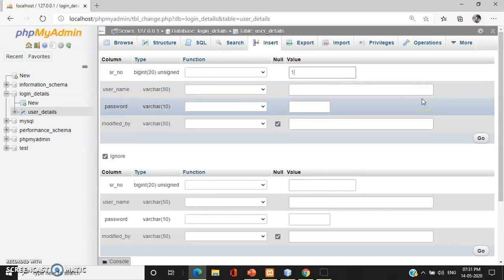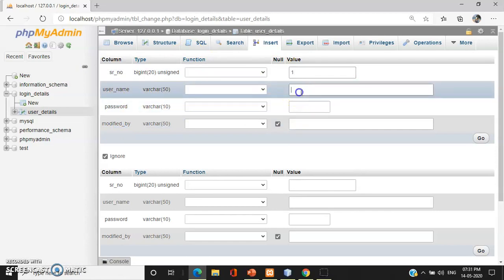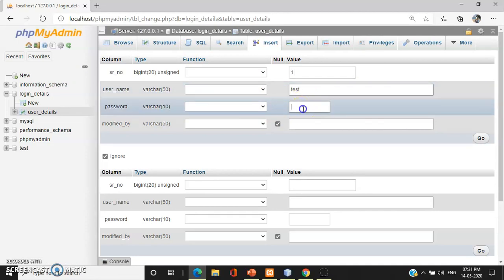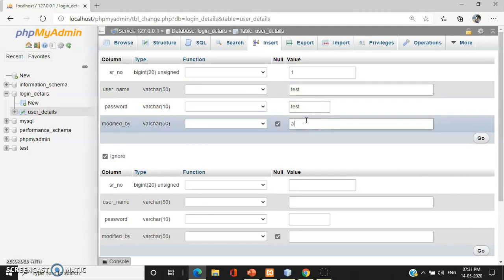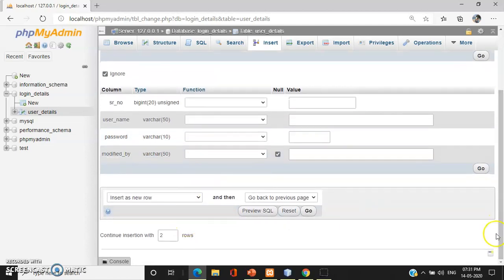So serial number 1, user name can be test, password whatever you wish to write, test, and modified by admin. If I want to insert one by one, I can click go here, but I want to insert it all at once, so I can put go here.